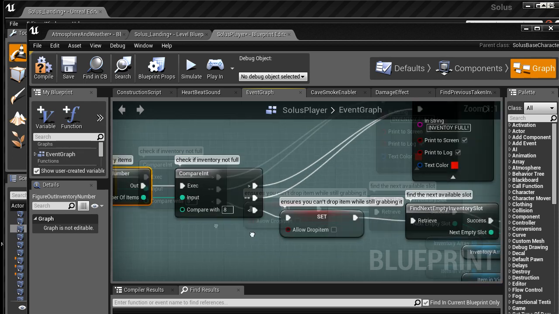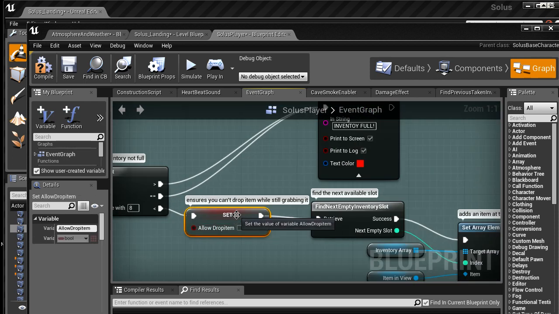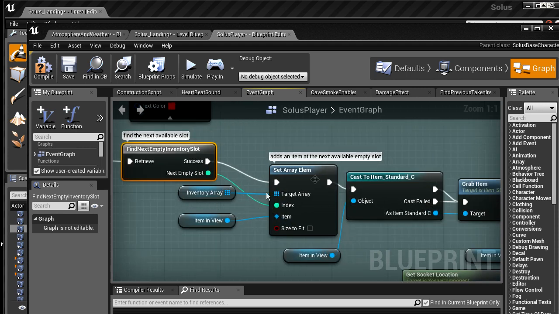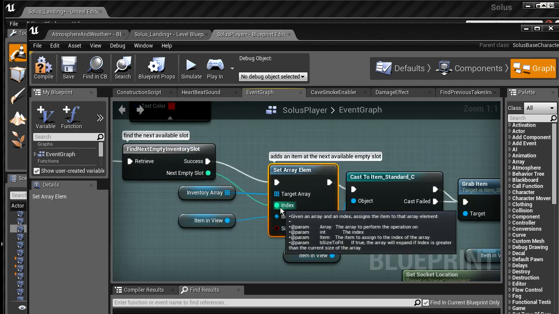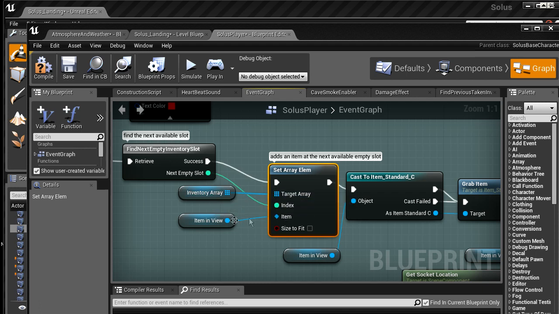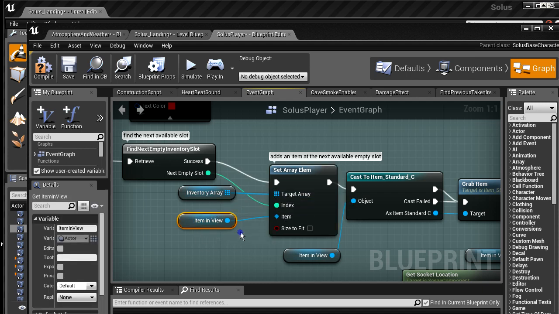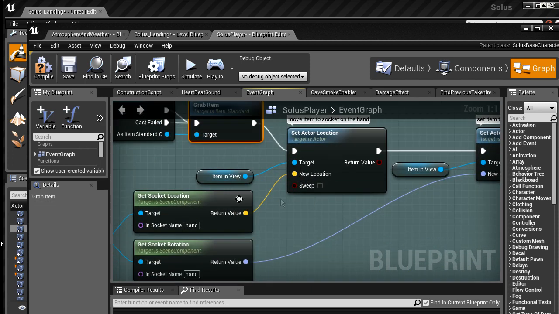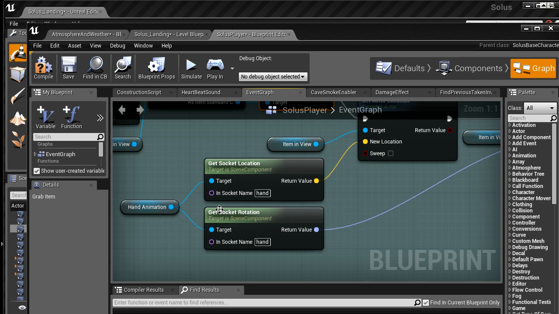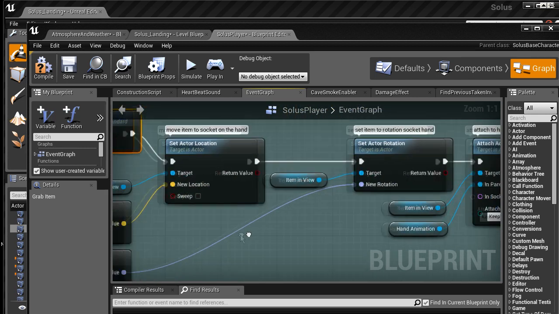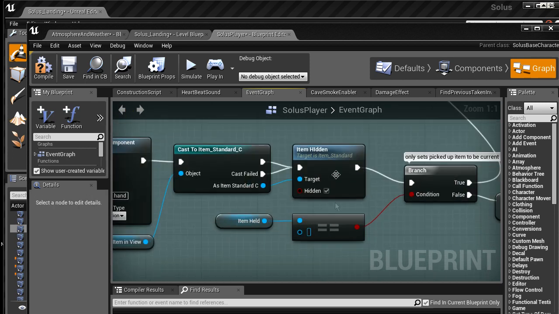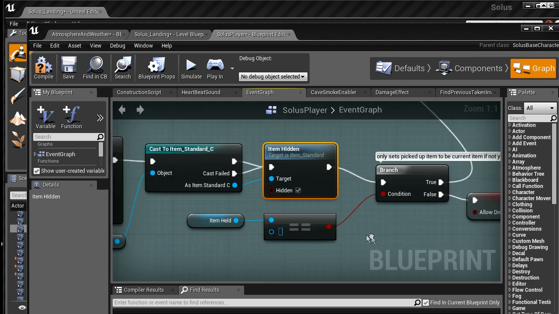Also check if the inventory is not yet full, those kind of things. This is when he has to find the next empty inventory spot when he actually adds the item. Then he sets that part of that number, that index in the inventory to the item you're picking up, which is still in view right now. Then you tell the item in view that has been grabbed. Also there is a hand animation, there's a socket there, so I need to attach it to the socket of the hand with the right rotation. Here it gets attached. I automatically hide it,